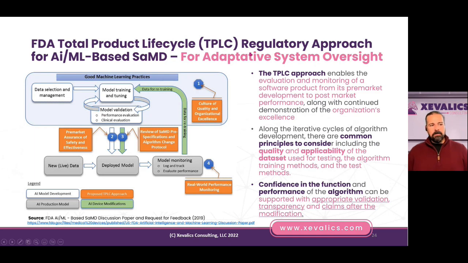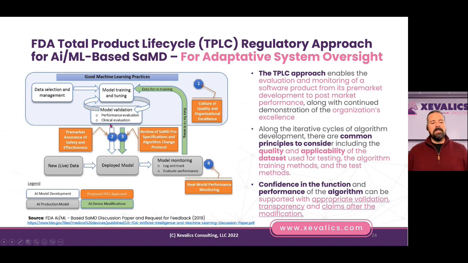So let's take a look at this graphical representation right here, right? This is the way we traditionally design and develop our algorithm. We have our data selection and management. We define how we're going to be modeling, training, and tuning, and we go into model validation. As you can see here, we have the good machine learning practice, just published by the agency, and then of course we release